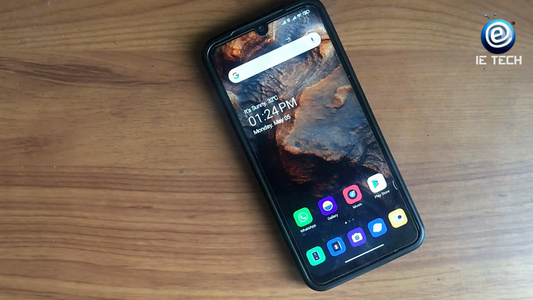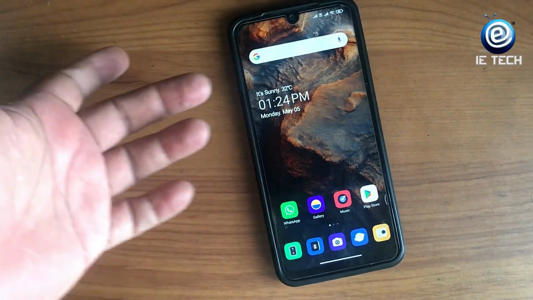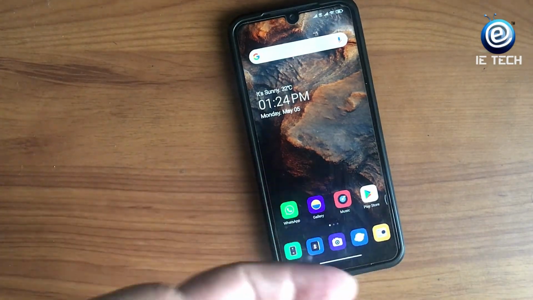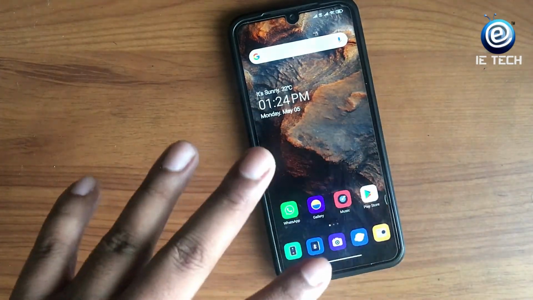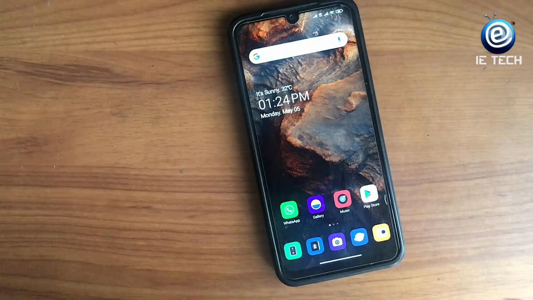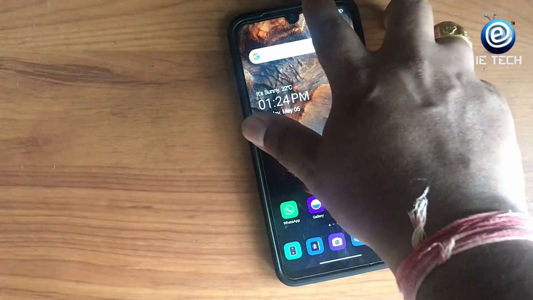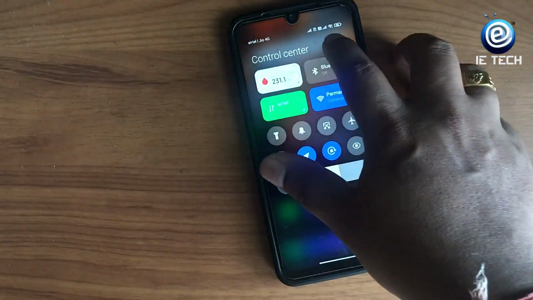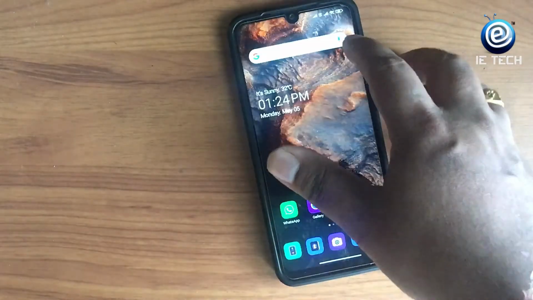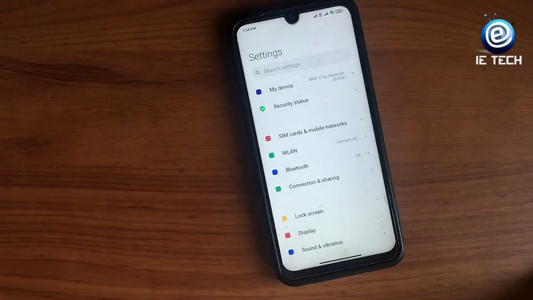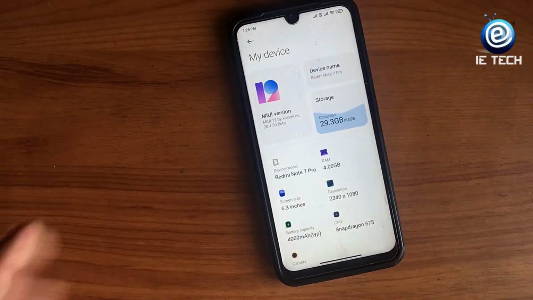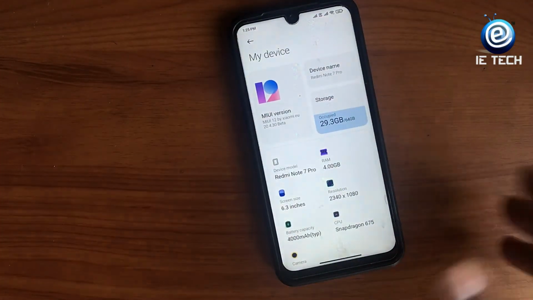But if you want to use a good ROM on a testing basis, which has the Google Play Store inbuilt, then you can go ahead with this ROM. And to be very frank, this ROM is better than the Chinese ROM. The only thing is the banking apps support is not that okay. Might be this build is the first build, and in the Chinese ROM also we have seen the second or third build, 20.4.29, that build had good stability, but this ROM is not that stable.